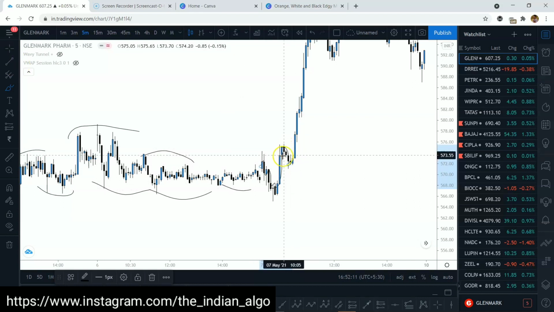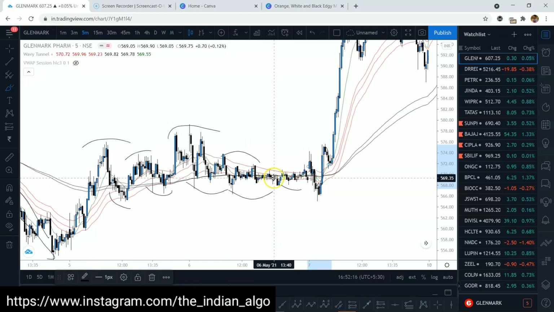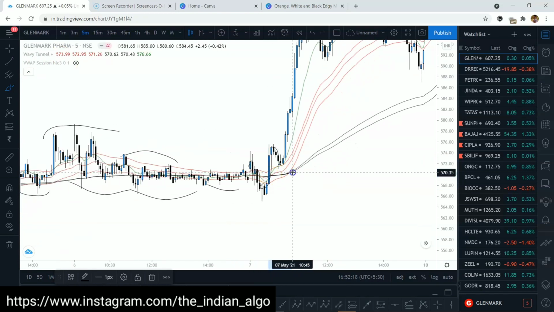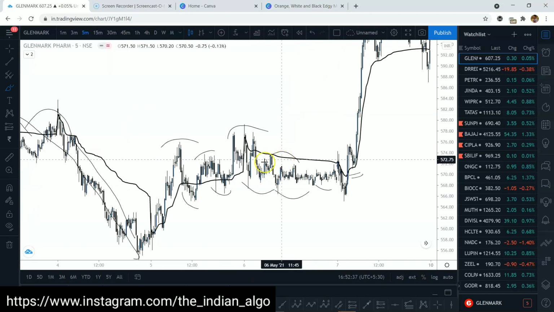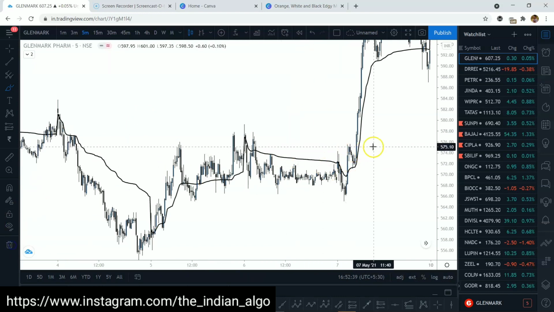Now how am I supposed to enter these trades? Let's apply wavy tunnel. We just need to get this confirmation that we are near the black EMAs. If you see, the price bounced off the black EMAs, so you can simply enter at this candle and expect higher moves. All right, and then next, let's see VWAP. Okay, so we are above VWAP as well, and we are above the black EMAs as well. So this is something that will help you to initiate trade.